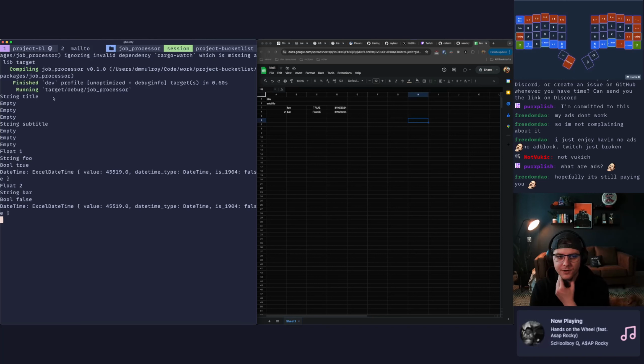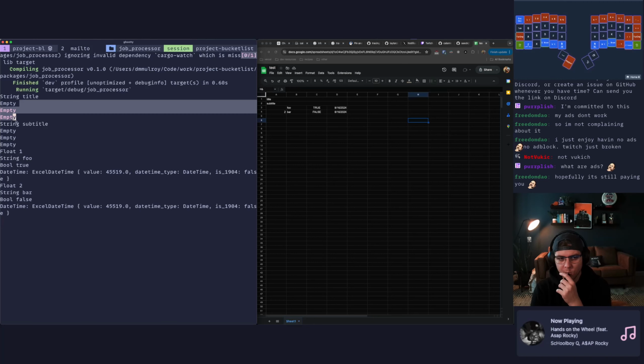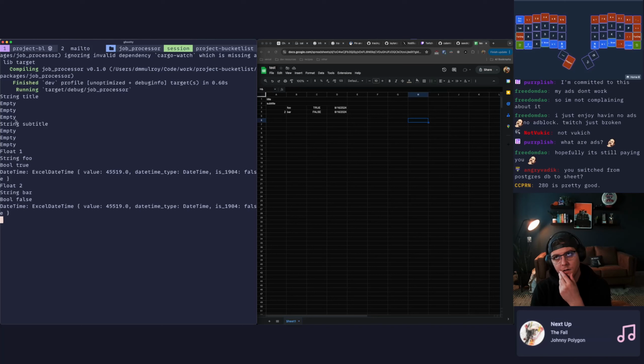All right, so we get string title. That's good. We get empty, empty, empty. Okay, so it will read the number of columns based on the row with the most columns. So we get, this is row 1, right? So let's actually add,